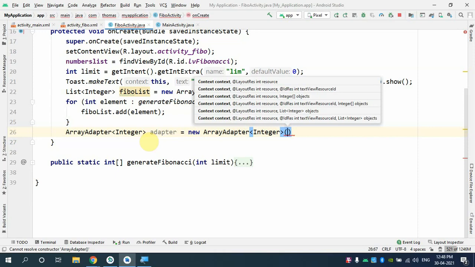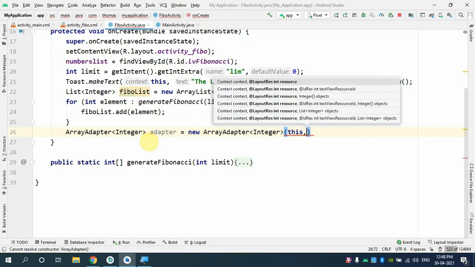Please note, where do you want this adapter to work? Here in this class. So I'm going to use the word this. I'll explain it a little bit more in depth when we talk about adapters in another class, but I'm just trying to finish this program. The first one is, where do you want to run this adapter? This class, which is Fibo activity, not main activity. Second one,